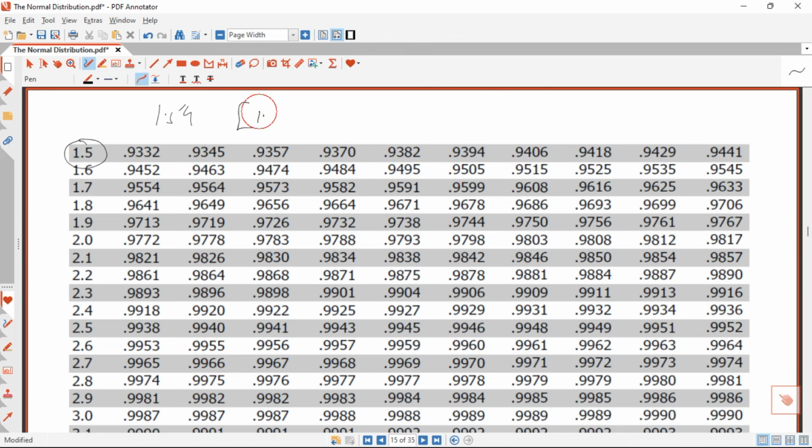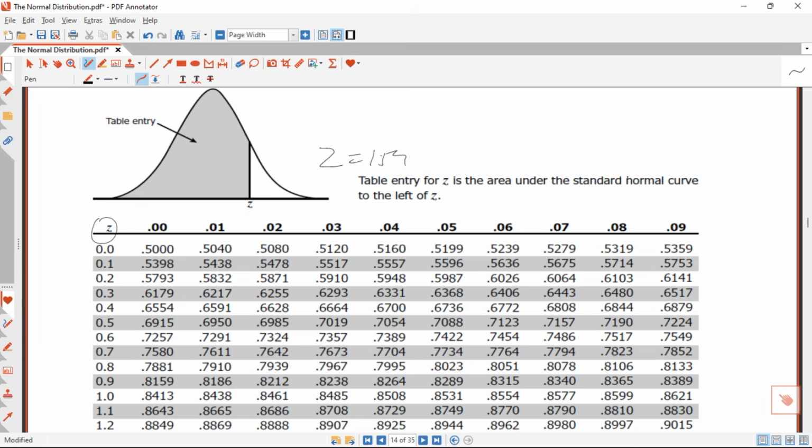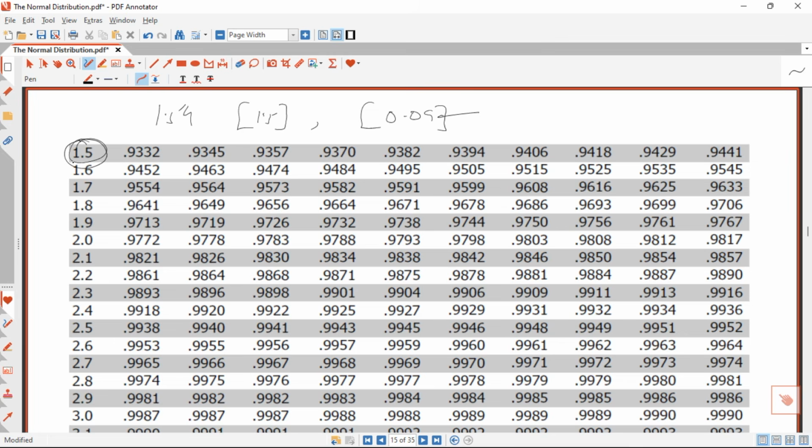The first part will be 1.5 for the row, and the second part will be 0.09 for the column. So 1.5 here at the row section, and you also locate 0.09, which is here. You trace the 2 to where they meet. You trace this one down to where it meets 1.5, and then trace this one too, and you can see that they are meeting at